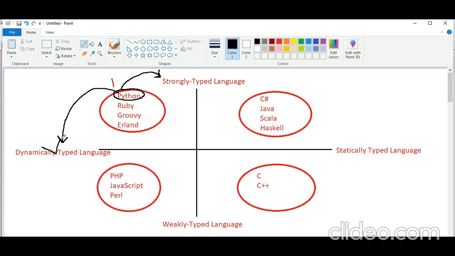Strongly typed means only the same type of values are used to perform addition or any arithmetic operations. Weakly typed means we can take different types of values to perform addition, subtraction, or any arithmetic operations. Statically typed means before using a variable we have to declare it with a proper data type. Okay, right.